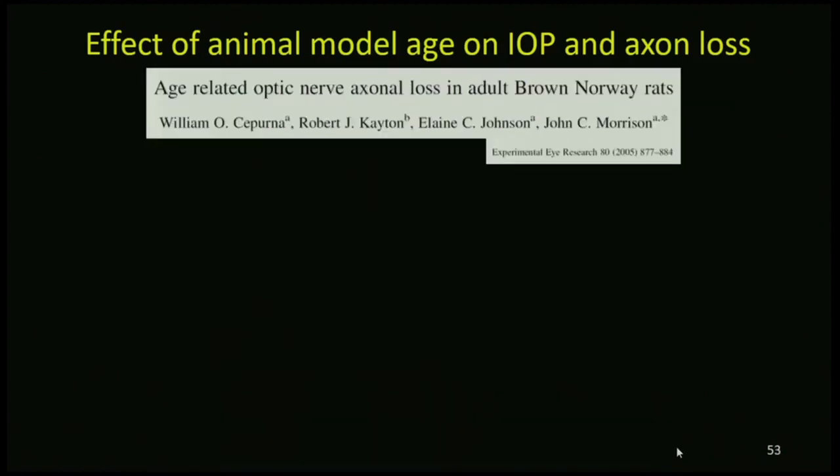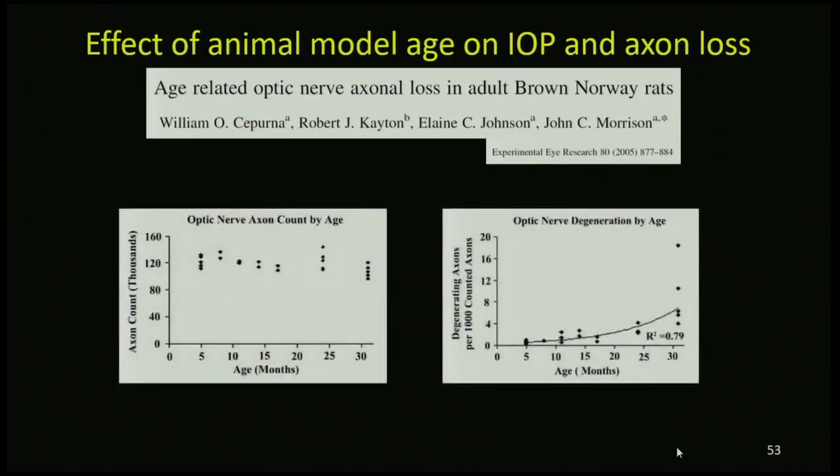And then finally, looking at axon loss over time, this was really nicely demonstrated by Superna looking at the rat. These animals were followed throughout age, and axons were counted manually. And they found a really nice, steady maintenance of axons over time until the animals got really old, between 25 and 30 months of age. And then there was a slight drop off, and they showed that here. So this is important if you're looking at age as a variable.